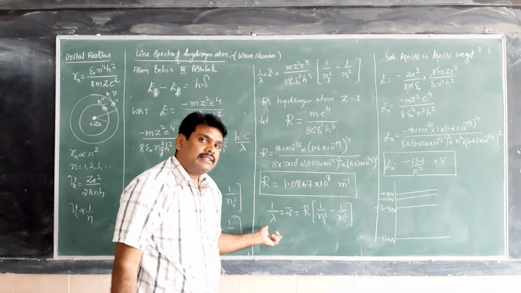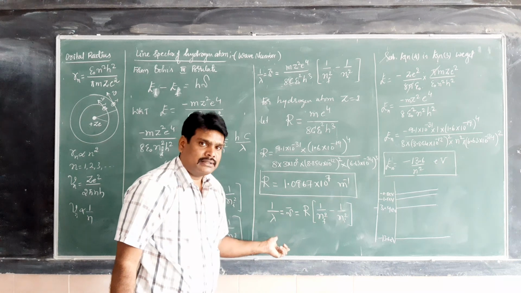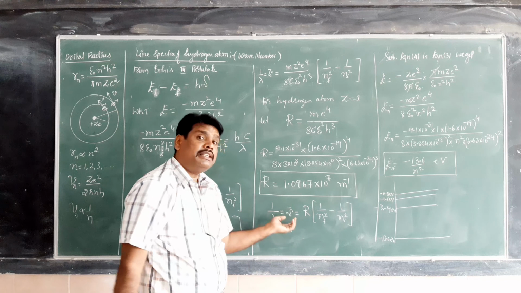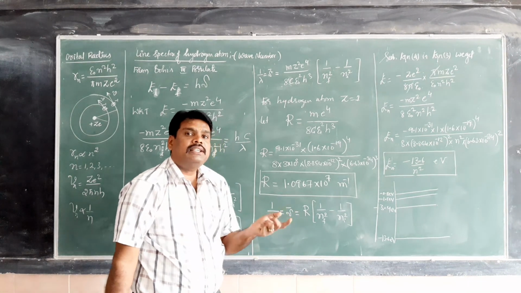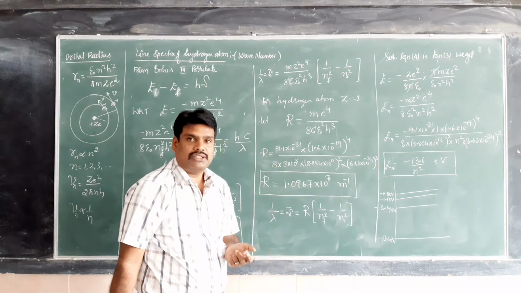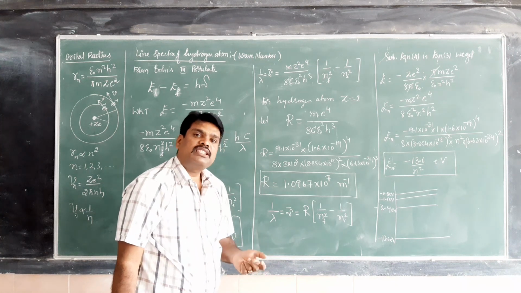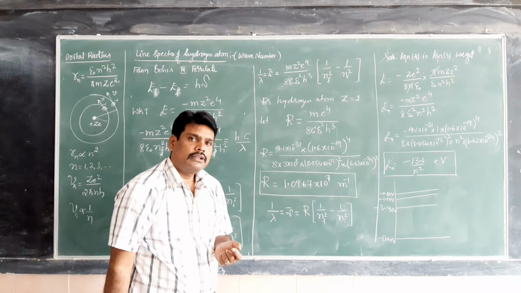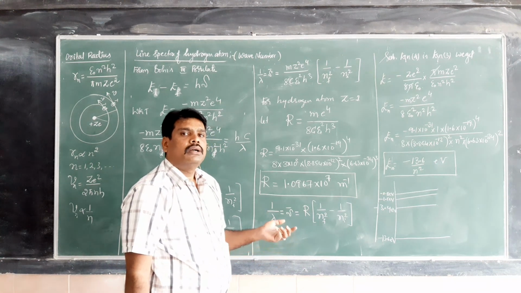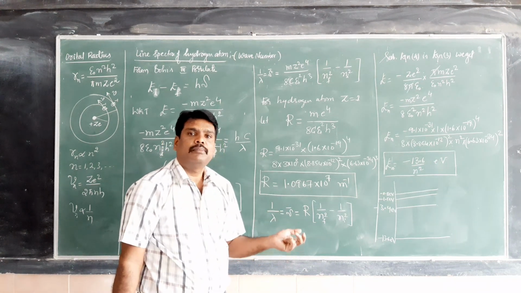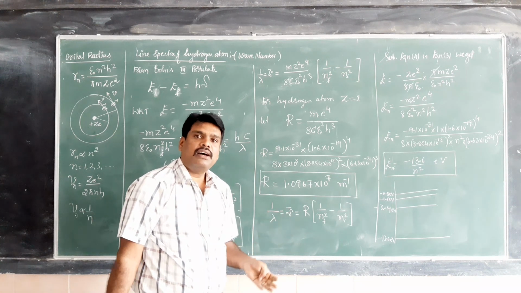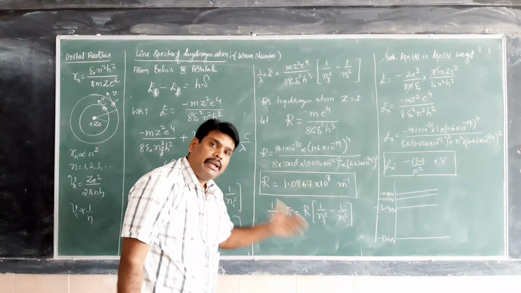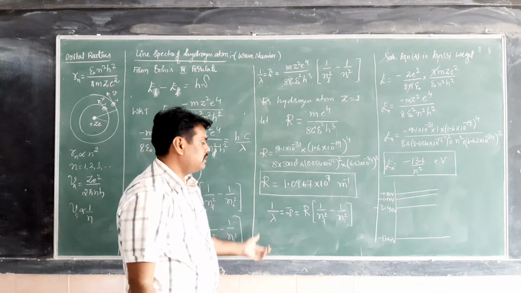The first spectral series discovered is the Balmer series. Actually, in order, the Lyman series is the first one. The Lyman series is the spectral lines belonging to the UV region. The Balmer series belongs to the visible region of the electromagnetic spectrum. After that come Paschen, Brackett, and Pfund. These last three series belong to the infrared region. Near, middle, and far infrared regions are discussed.